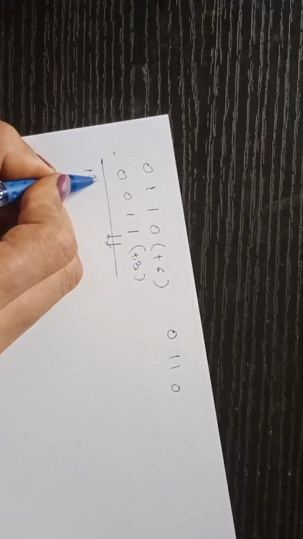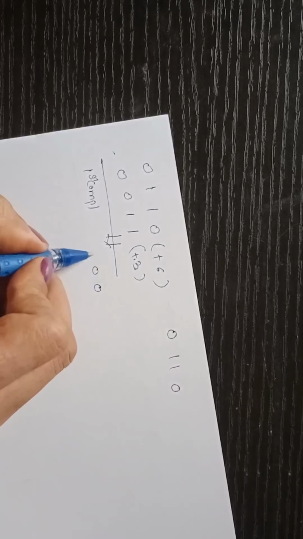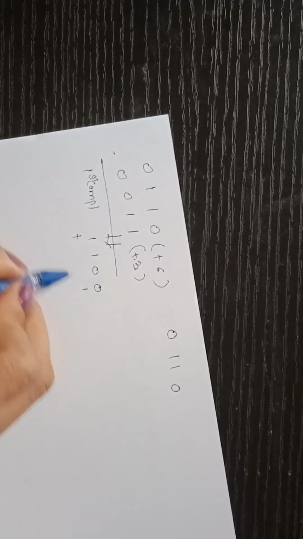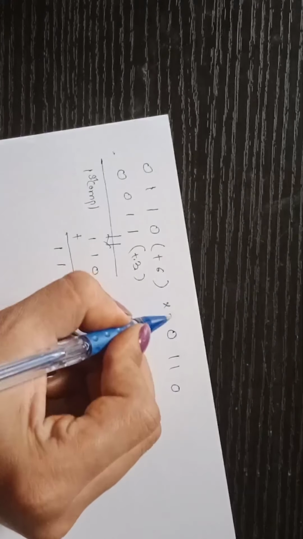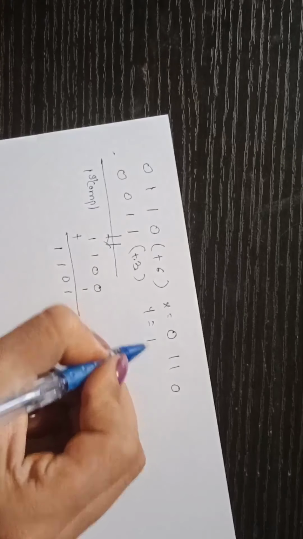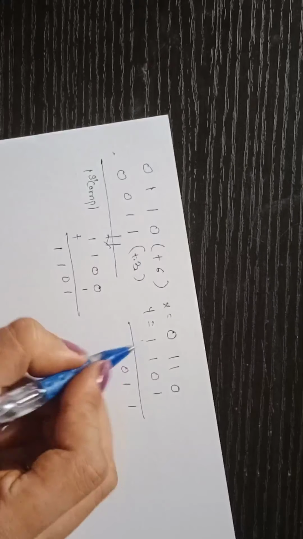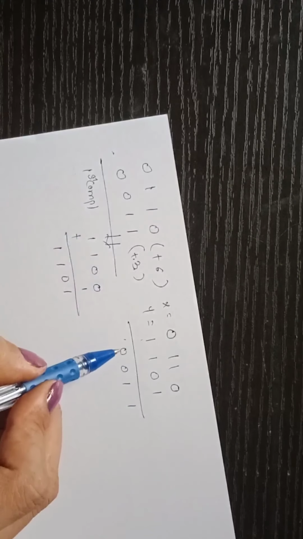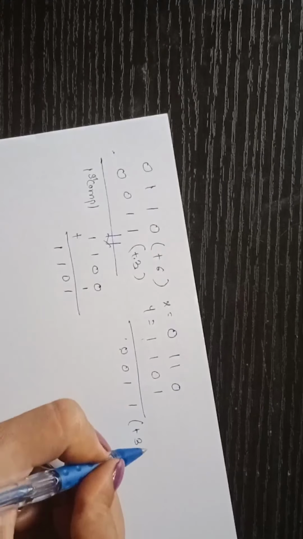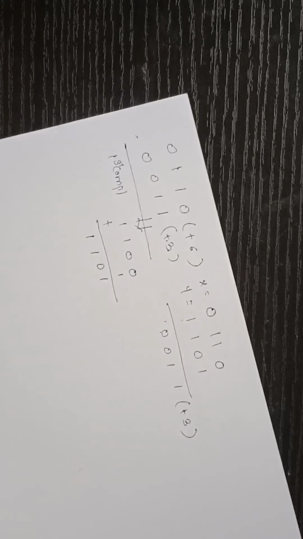So for that first we have to find the 1's complement. Now what is the 1's complement of this 3? It is 0, 0, 1, 1. Now add 1 to it, that is 1, 0, 1, 1. So this is the x value, and the 2's complement of y is 1, 1, 0, 1. So 1 plus 1 is 0, carry 1, 1 plus 1 is 0, and carry is 1. So 0, 0, 1, 1. So our output is plus 3. So this is about binary addition and binary subtraction and the two rules of this.